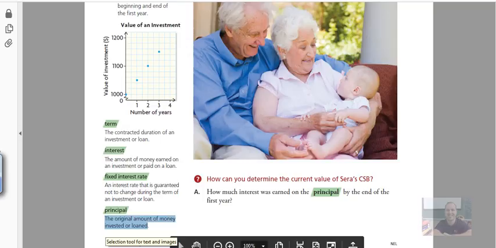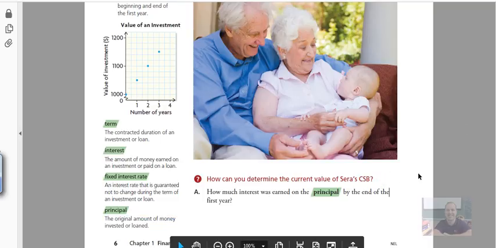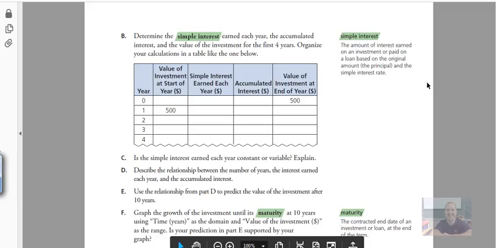So when we talk about these terms, they're all here on this very first page, page 6, and you need to know what these terms are when we talk about them. Okay, the principal is the original amount of money that is either invested or that's loaned to you. That's the principal. Okay, so how much interest was earned on the principal by the end of the first year? If we take a look at this,